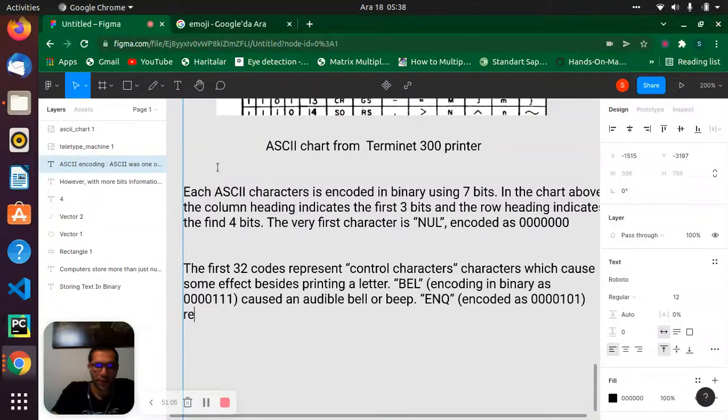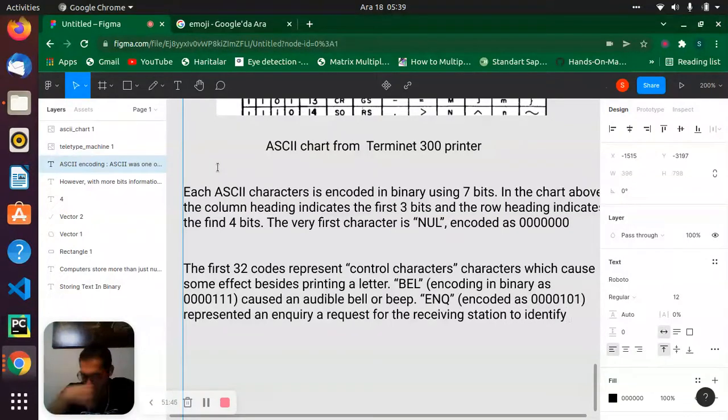This one represents an inquiry, a request for the receiving station to identify themselves.